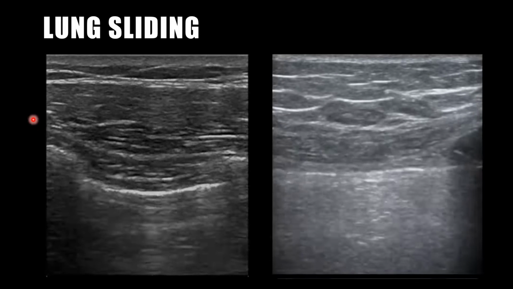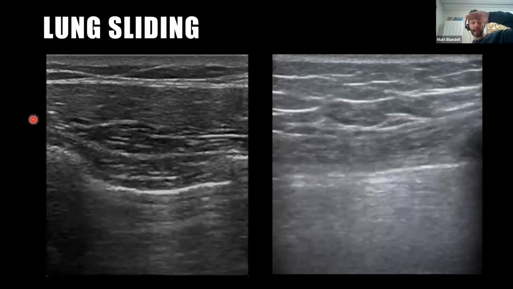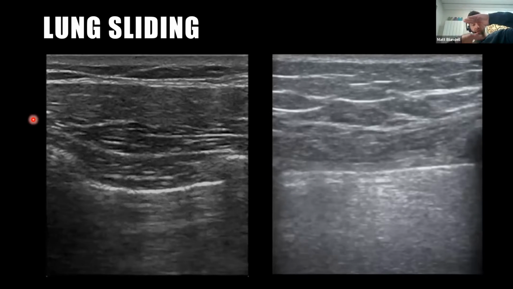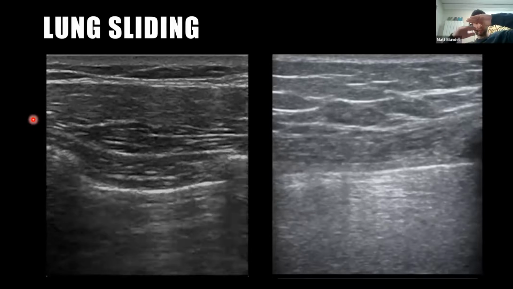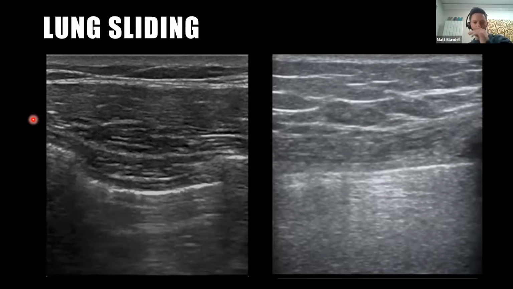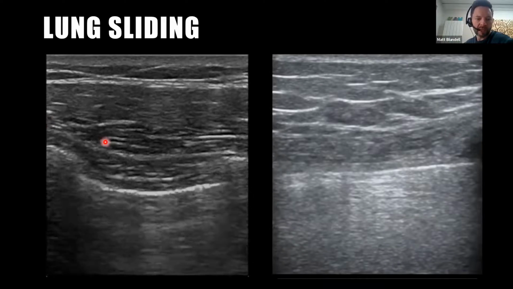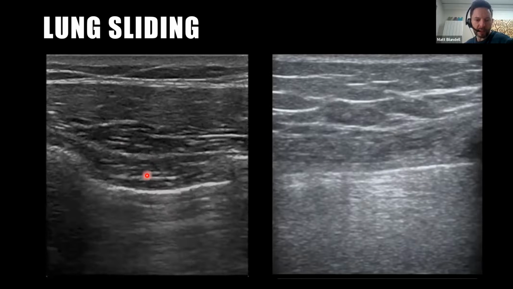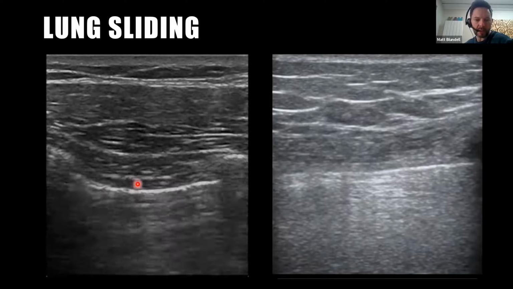across each other. So you have your parietal pleura, which is adherent to your chest wall. Then you have your visceral pleura, which is adherent to your lung. And it's the visceral pleura that's moving backwards and forwards that's creating that lung sliding. So if you see that in that rib space, it means you have no pneumothorax in that particular rib